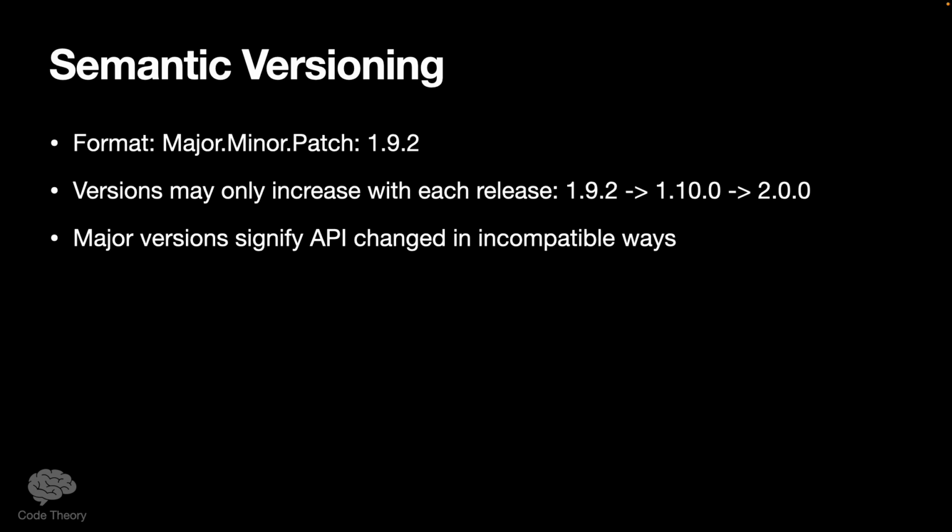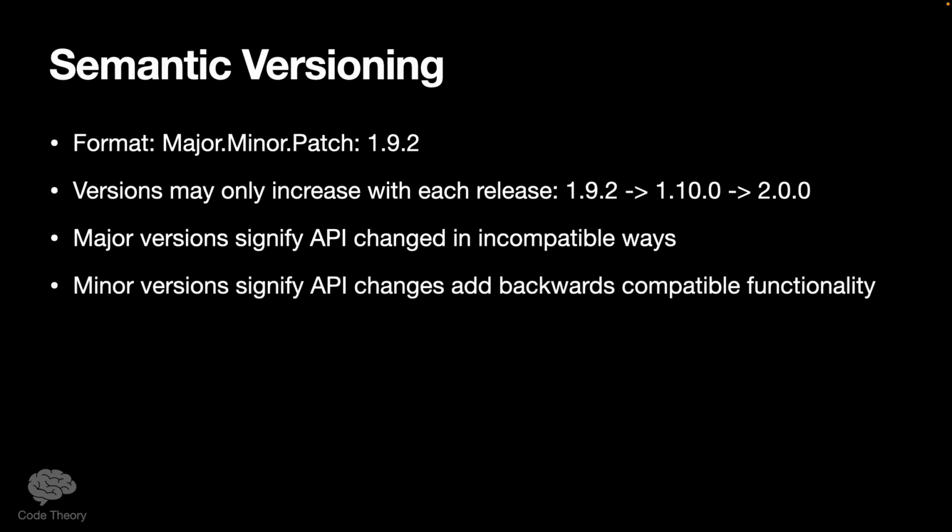They're a big deal. They're intended to signal to users of your API, hey, check it. You're going to have some stuff that you have to do. You're going to have to update, okay? Minor versions signify API changes that add new functionality, but they do it in a backwards compatible way, which means that your code should be able to update the minor version pretty consistently without having to make any changes to your code while still receiving improvements in the existing API that you're using.